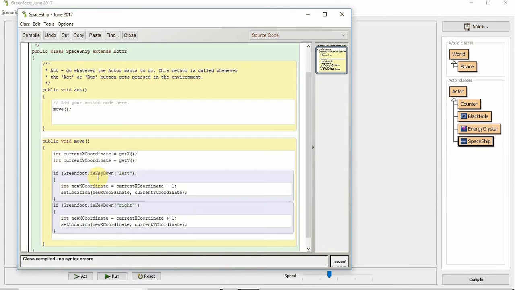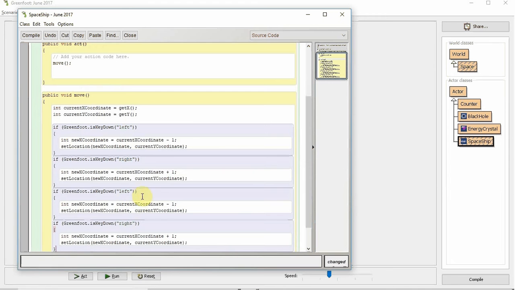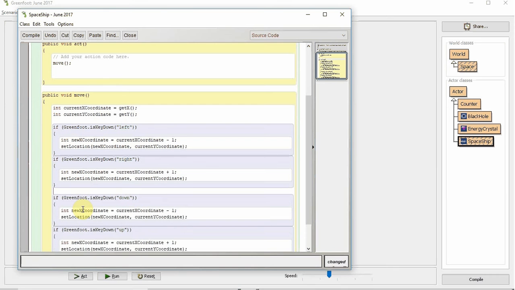Pause it. Now let's do the up and down keys. So I'm going to have to do all of those at the same time. If I copy that, paste that in, so the left key becomes the down key, the right key becomes the up key. Now with up and down, it's the y coordinate that changes. The y coordinate changes based on the current y coordinate. So moving down the screen,